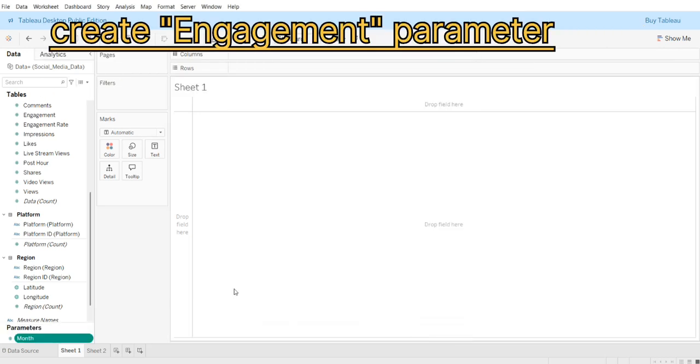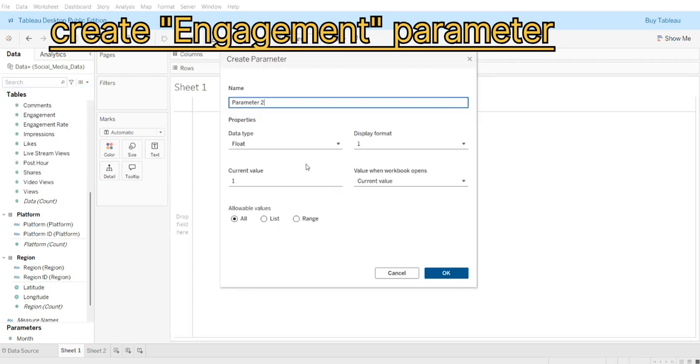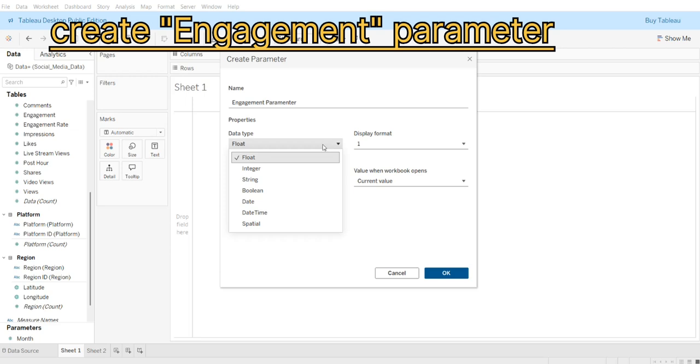This is how the month parameter is being created. Second, again we'll create another parameter that is called the engagement parameter. What is the engagement? Engagement means